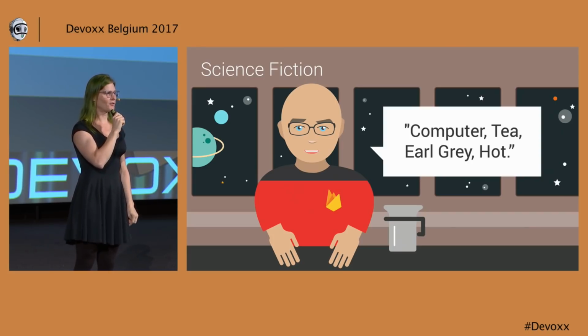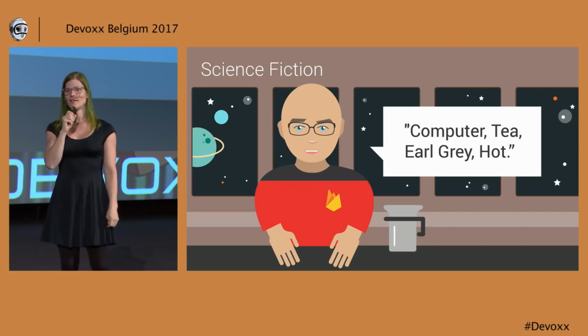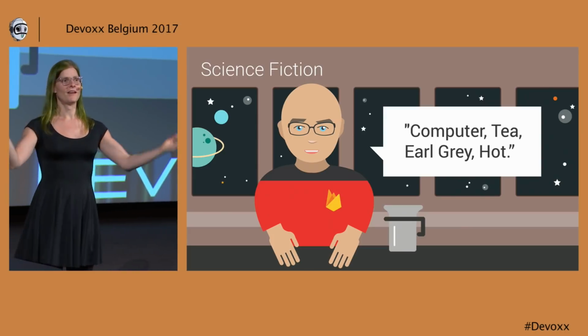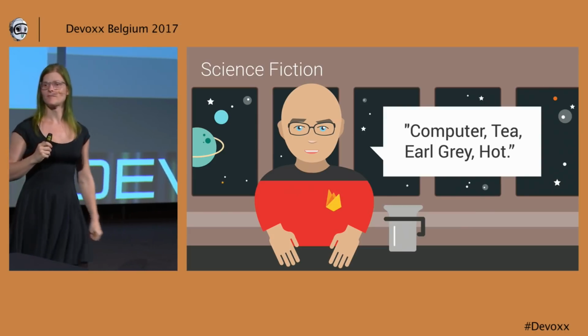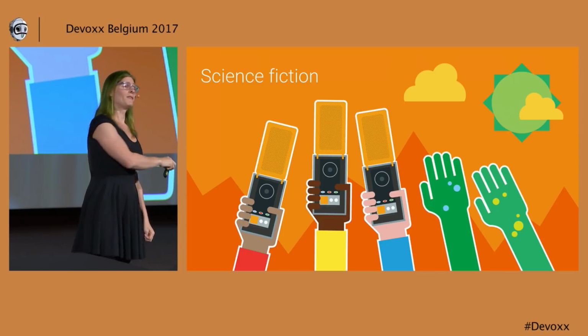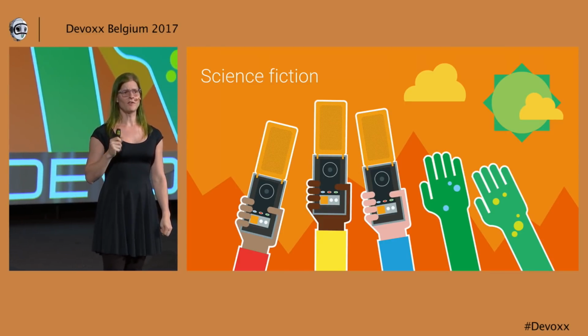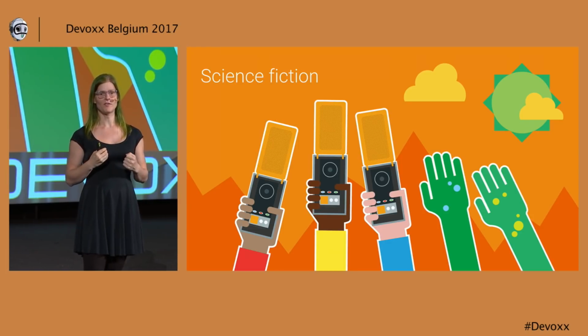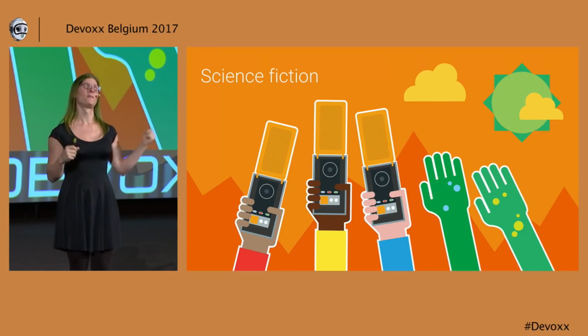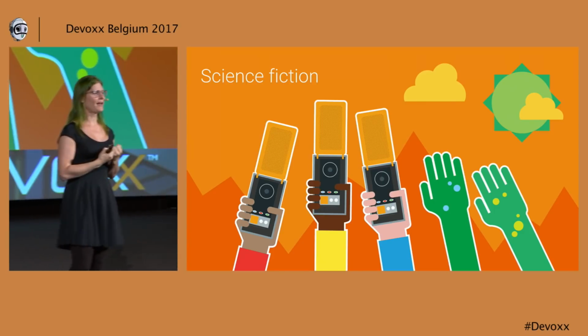Like, you can talk to computers, but tea does not always appear, unless you count it arriving by rideshare eats or something like that. But one of my favorite technologies of Star Trek was the universal translator, which I think was just there as a plot device to make it easier to write and make it easier for us to relate to aliens. But it was still really cool, because no matter what planet they landed on, and no matter